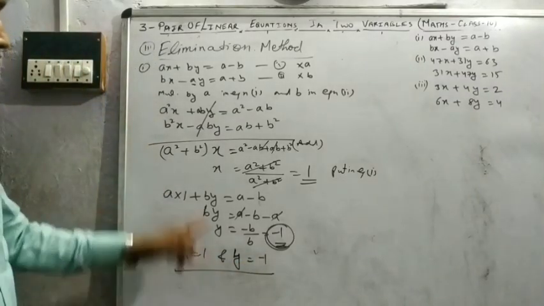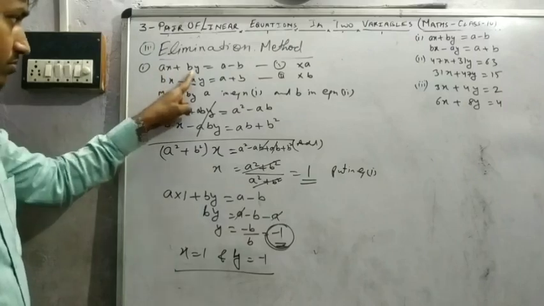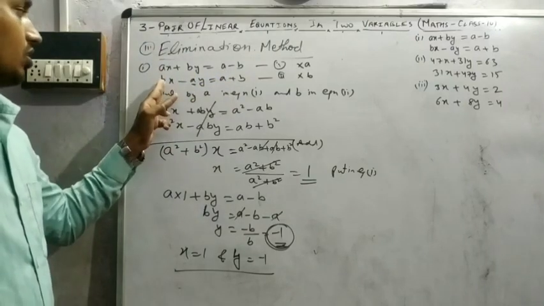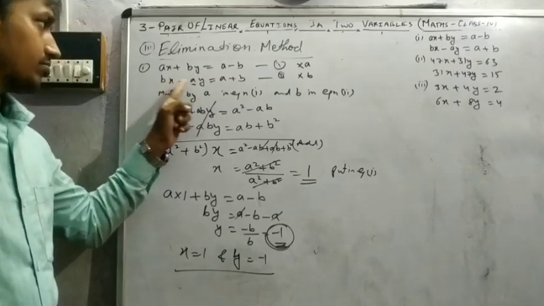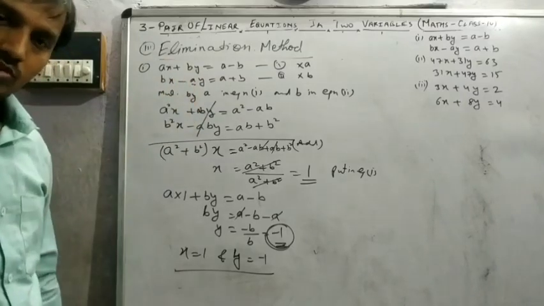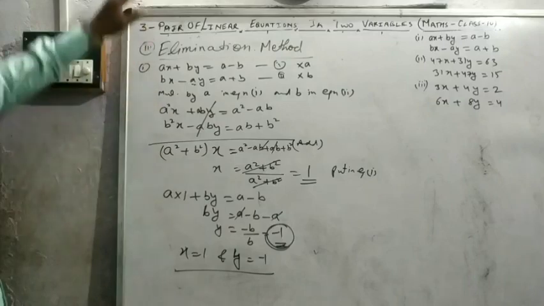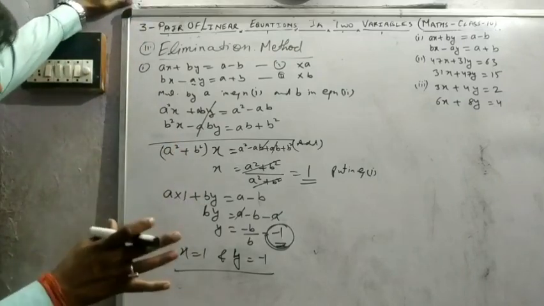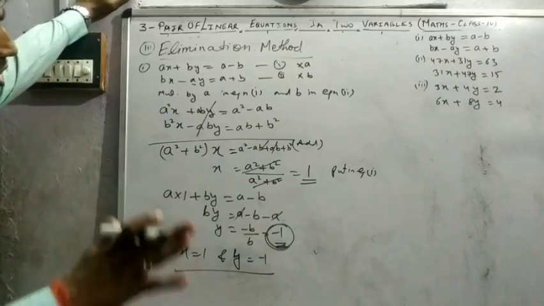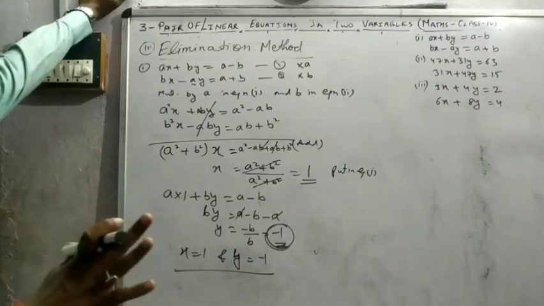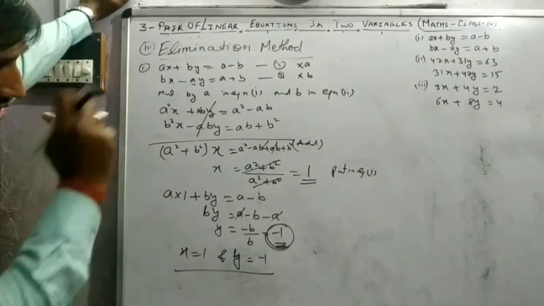You can check your answer here. 1 minus 1, a minus b, 1 minus 1 plus a plus b, plus a plus b. Okay, so you have to see, there is no different method to solve these types of problems, you only solve them with the mathematical rules. Take the second example.